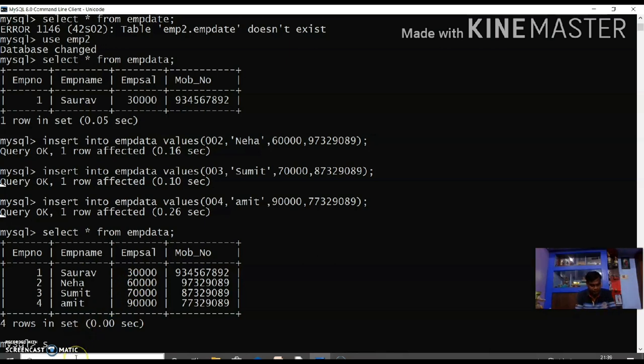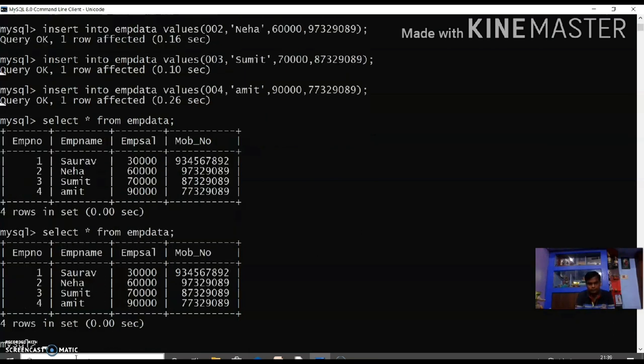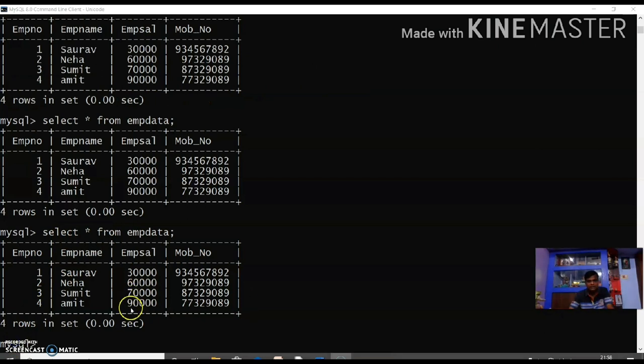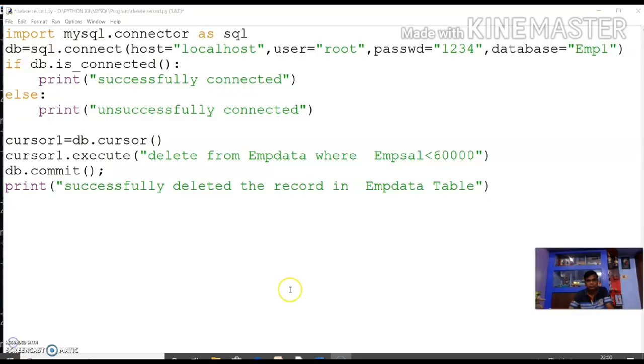You see, from emp data table, that greater than, now you see the record is changed and the salary is increased by 5,000 rupees.